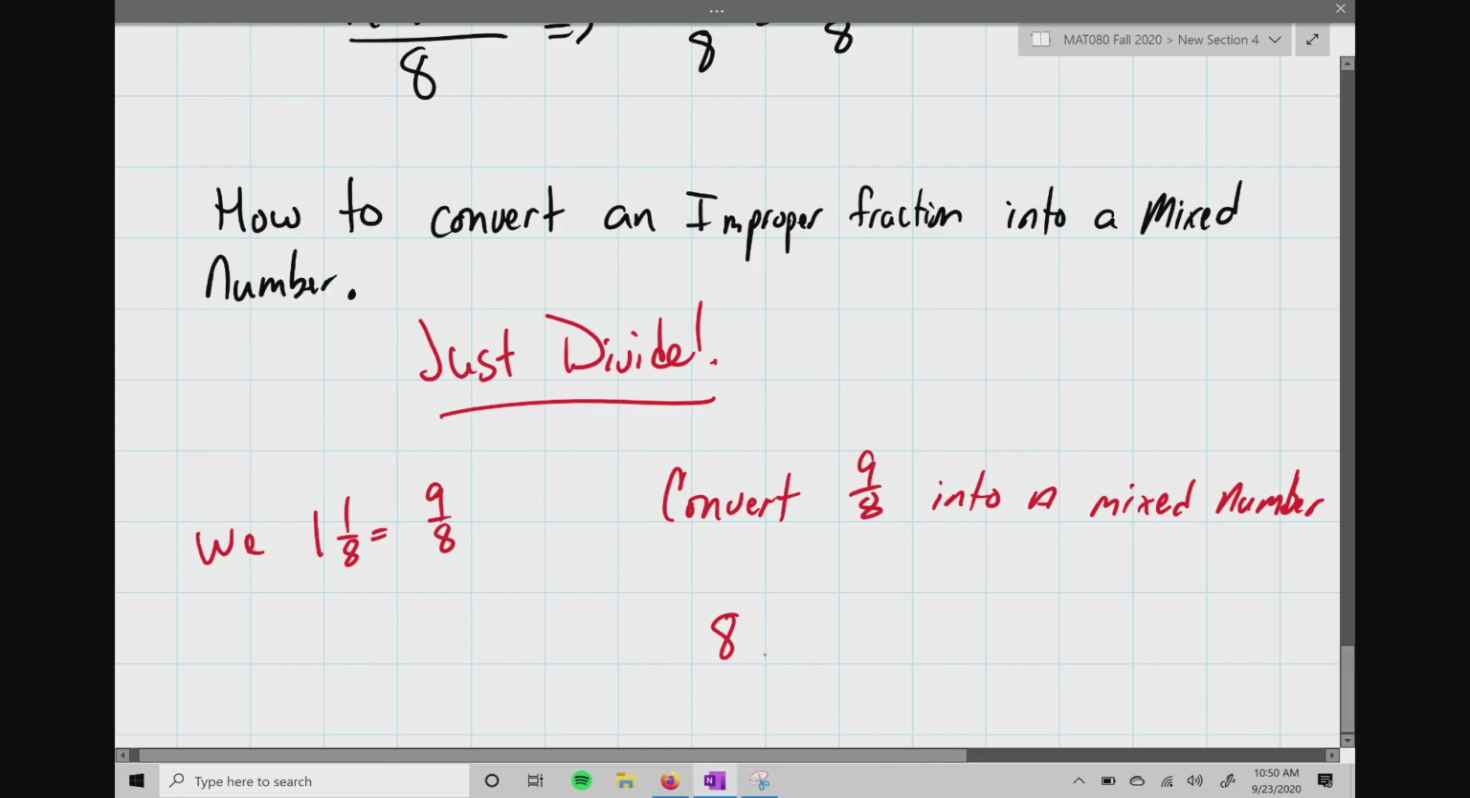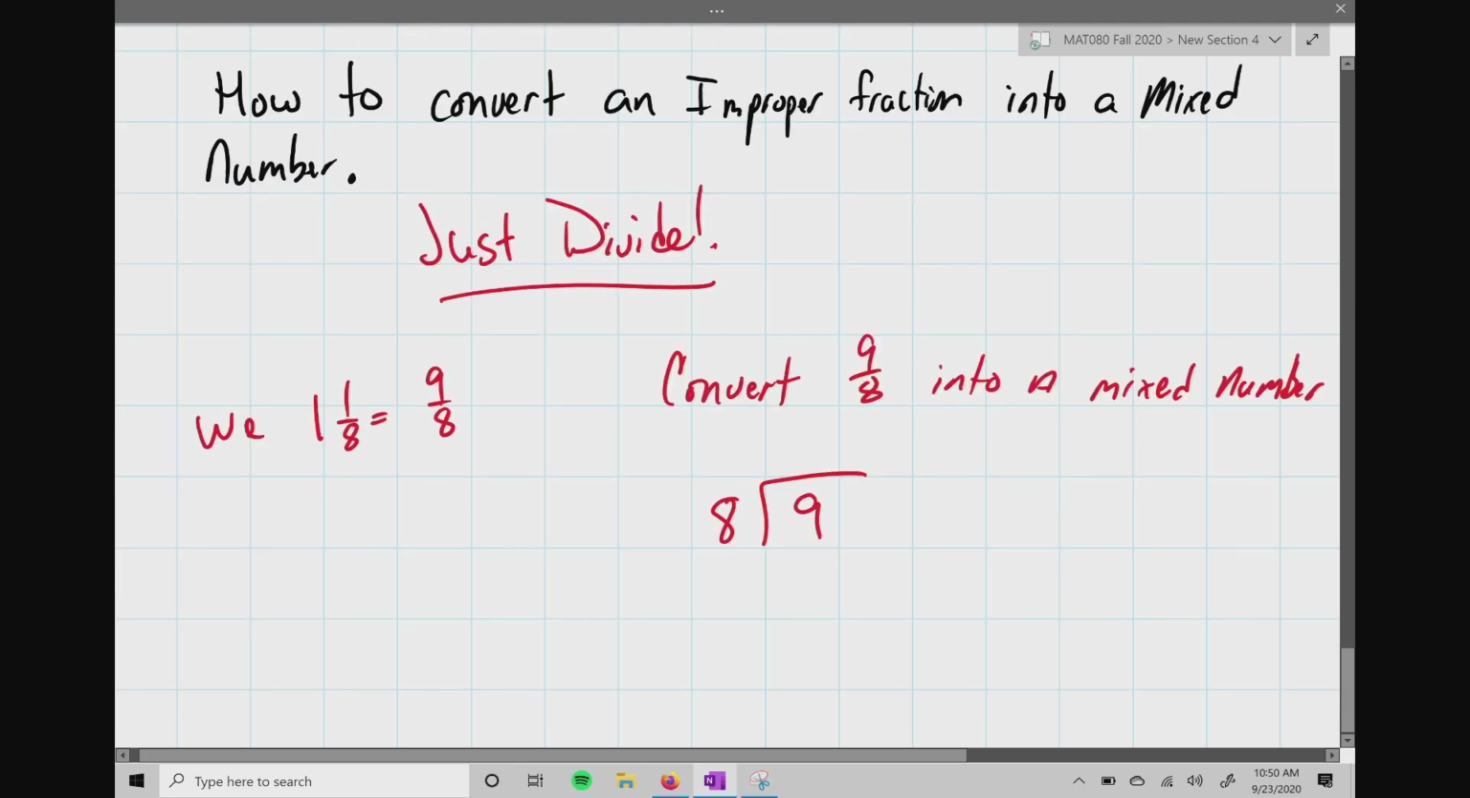Sorry. 8 goes on the outside, 9 goes on the inside. Just divide. So if we were to divide this, we'd say, okay, 8 goes into 9 once with 1 left over. Okay? Now, all I'm going to do here,